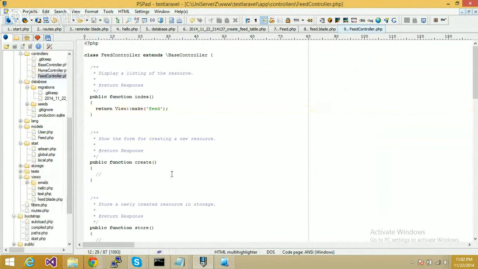And in the create, we want to process the user's input and insert this into the feed table, and maybe return a message that the user's feed has been posted successfully, if necessary. So here, what I'm going to do is create a new feed model,